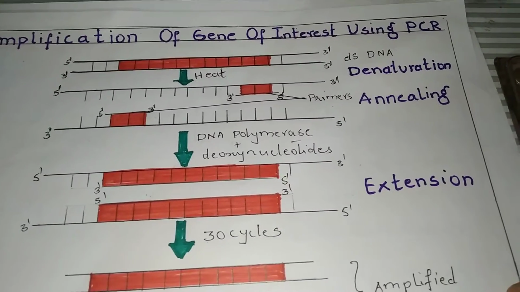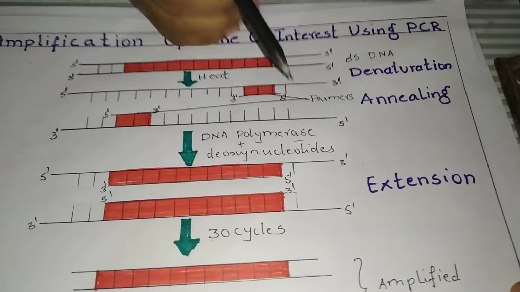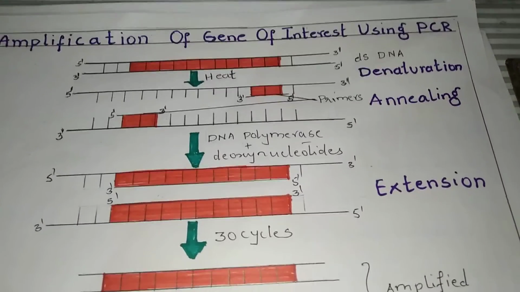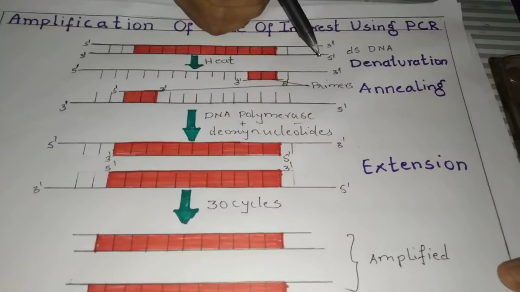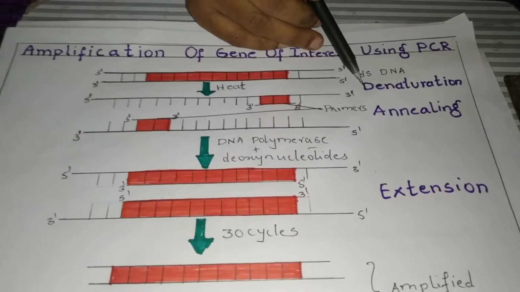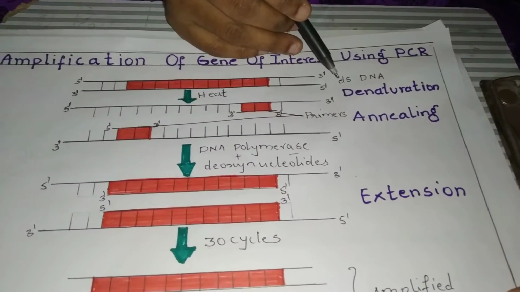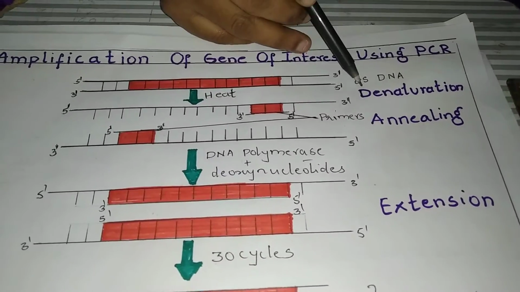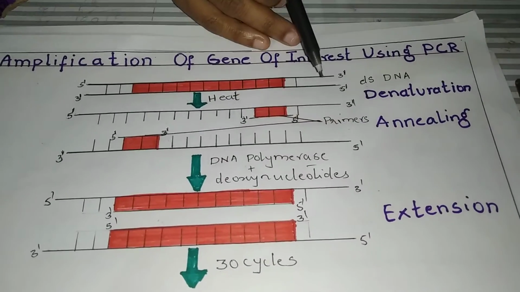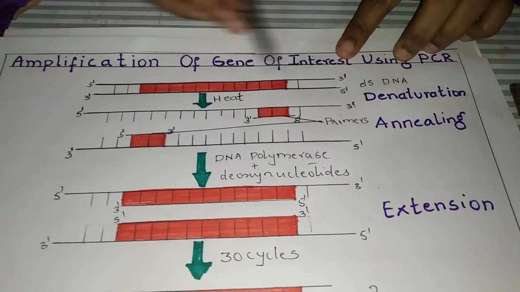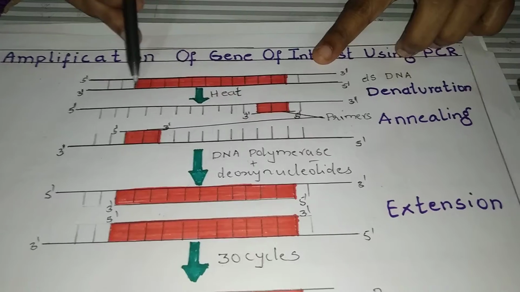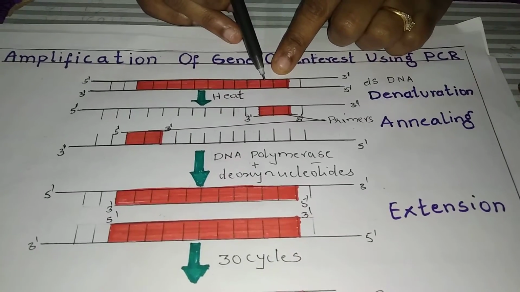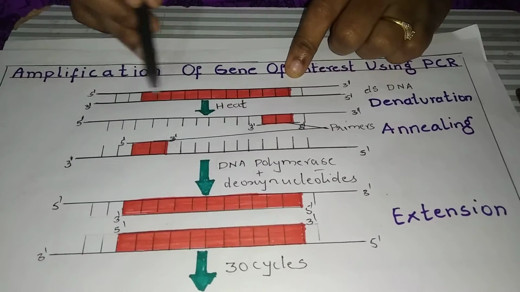And it is an in vitro process. In vitro process is nothing but the laboratory. The synthesis of this gene of interest in more amounts, which takes place in the laboratory, is called an in vitro method, which is done by using the PCR technique. PCR technique is nothing but polymerase chain reaction. And this has three stages: denaturation, annealing, and extension. So denaturation: this is the DNA, and this is the part of the gene of interest, the part of the gene which has to be produced in more amounts.